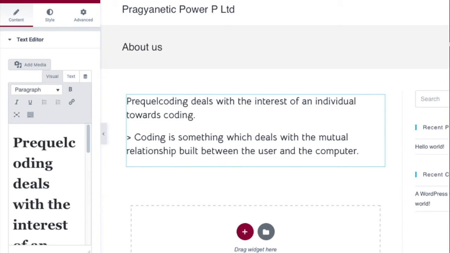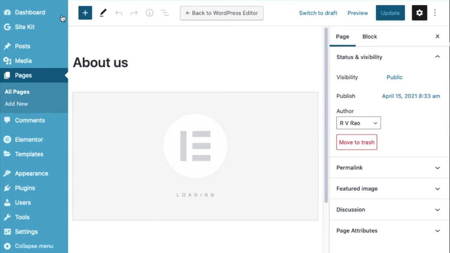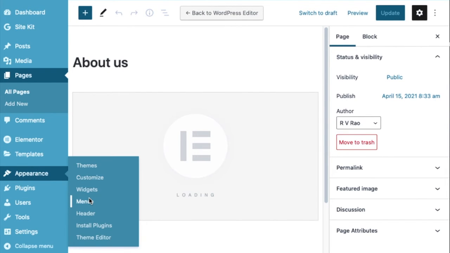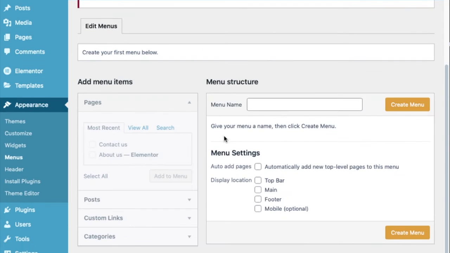I have not specified the menus, so let us go back and specify the menus first. You'll have it in the appearance menus. So just set my menu locations to be top bar, main, footer. I'll just create my new menu. It's been created.